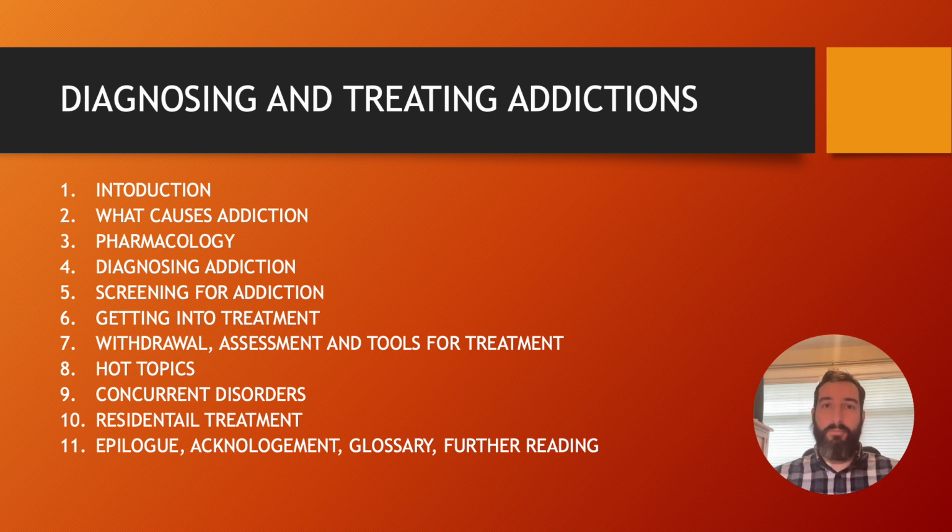ideas behind addiction treatment. So the book covers everything from drug pharmacology to screening people for potential addictions, including the CAGE questionnaire of cutting down, anger, guilt, and eye-opener. It covers diagnosing addictions and the 3 C's of compulsion, control, and consequences. It covers the entire treatment process and options for treatment, from inpatient to outpatient, from residential treatment to 12-step meetings and self-help programs. The book covers some hot topic issues like opiate replacement therapies and the effectiveness of abstinence-based treatment